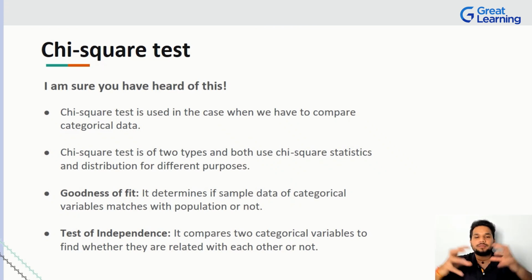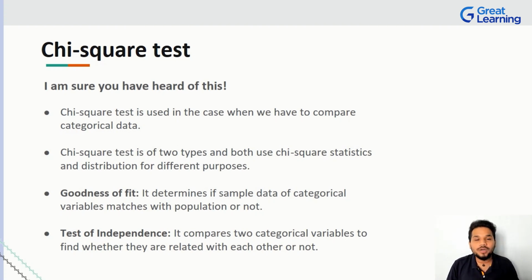Test of independence is where we compare two categorical variables and we try to see if they are related in some way or another. Now, Pluto can very much be related to Earth because Pluto is round, Pluto is a planet, Pluto is also revolving around the sun, Pluto is maybe spinning just like the Earth as well. Pluto is extremely far away from the sun, but maybe it sees the sun as a tiny little dot, but it does see the sun. We also see the sun, it goes around the sun, we also go around. You're seeing this, right? There is certain interdependence there. It's not like it's completely independent in that case.